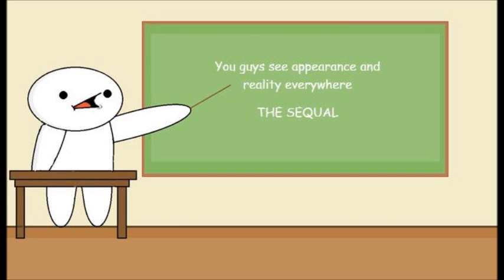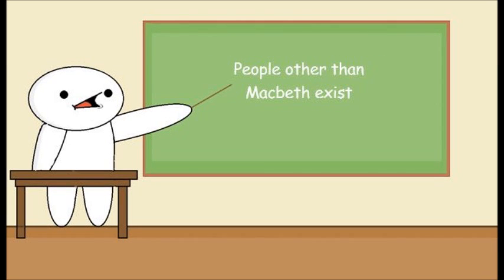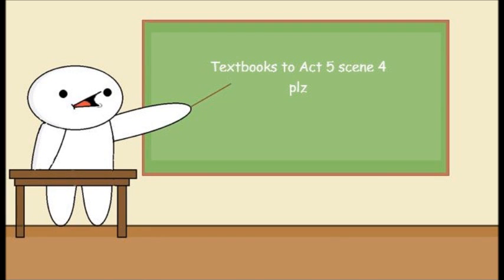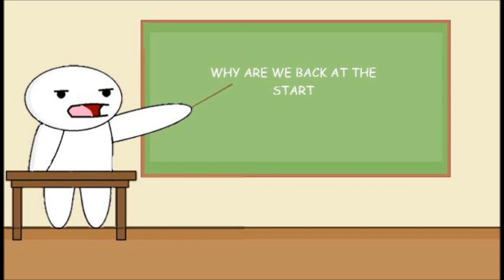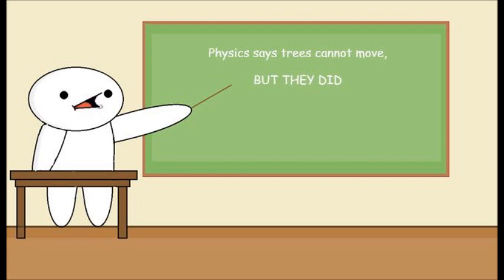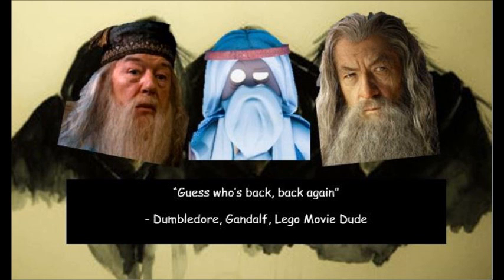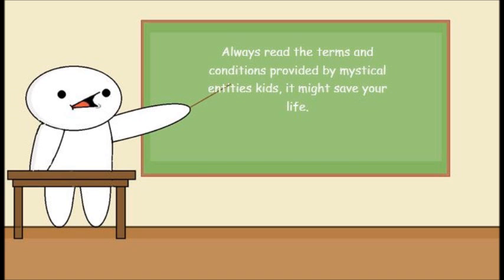More instances of appearance and reality are scattered throughout the play, not just relating to Macbeth himself. One of the big moments in the play is Act 5, Scene 4, where Malcolm orders his army to use branches of the Birnam Wood forest as camouflage and shielding from enemy fire. Earlier in the play, Macbeth laughs at the idea that an entire forest could move towards his castle, but the witches who warned him of this never specified how the forest would move. Too long didn't listen, Macbeth got trolled.